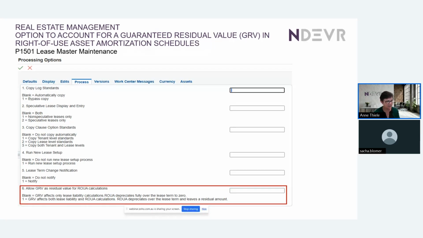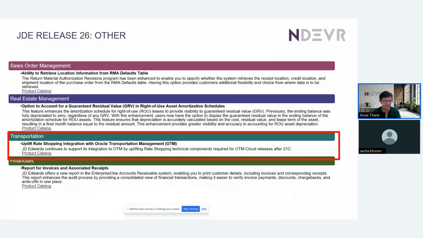If you leave it as it is, then it's only available on the lease liability. In other words, nothing changes. But if you put a 1 in this processing option on the lease master maintenance, then the GRV will affect both the lease liability and the right of use asset calculations, leaving you with the residual value on the right of use asset. In transportation, there is an